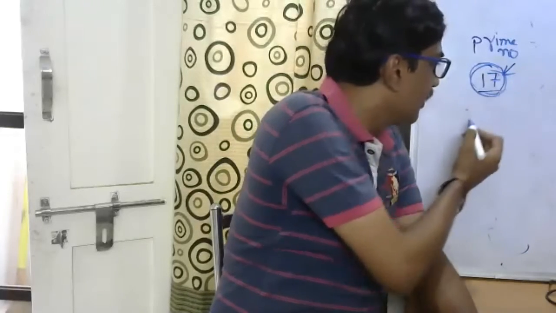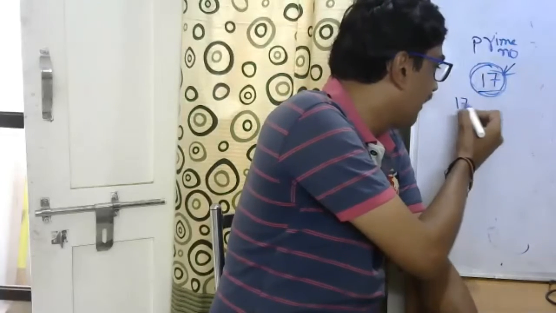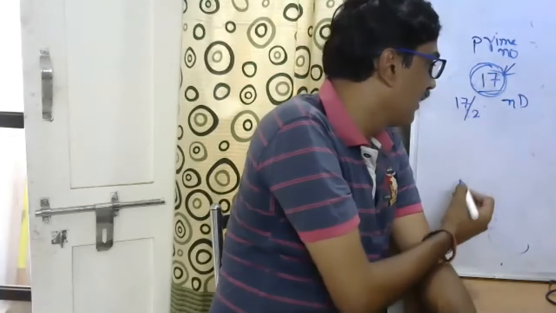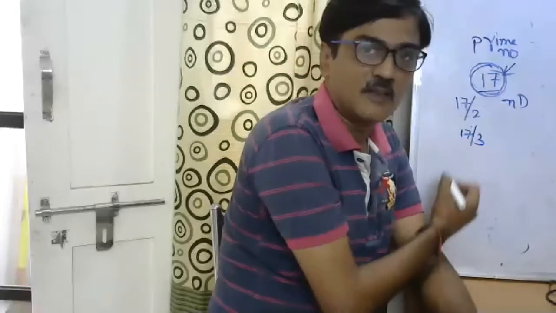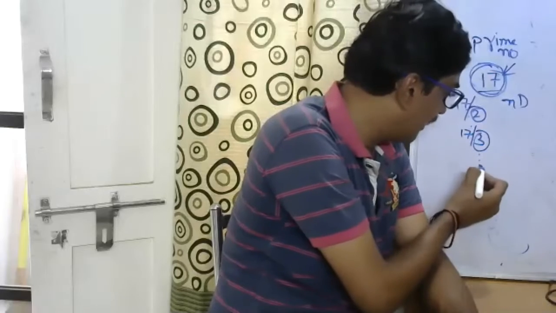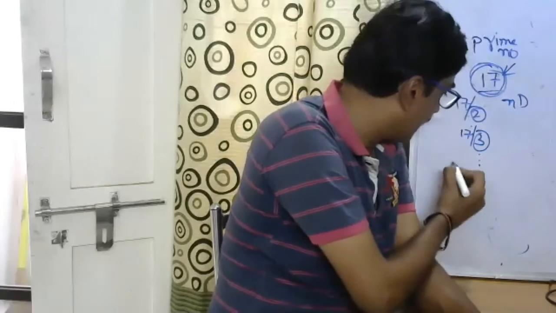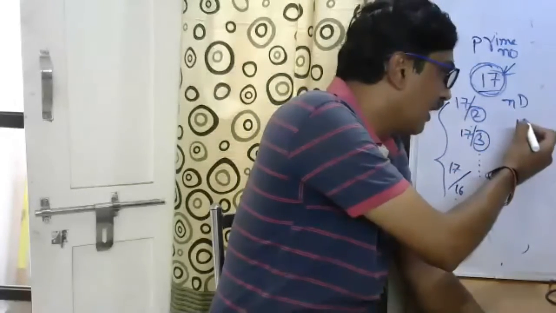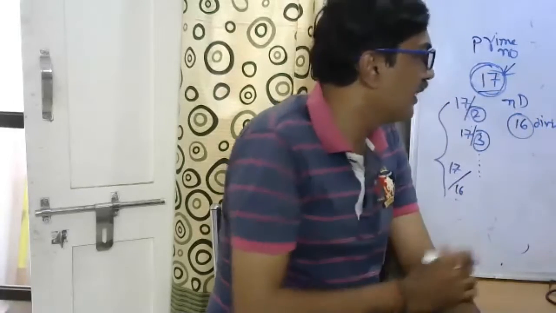Okay, so you would be dividing the number, not by 1, but by 2. 17 divided by 2, is it divisible? Not divisible. So then you will proceed dividing the number by the other numbers. After 2, you would be dividing the number by 3 and so on, 4, 5, 6, 7 up to 16. So how many divisions are you doing? In all, approximately 16 divisions, to tell whether the given number is prime